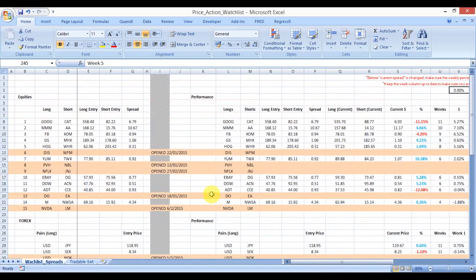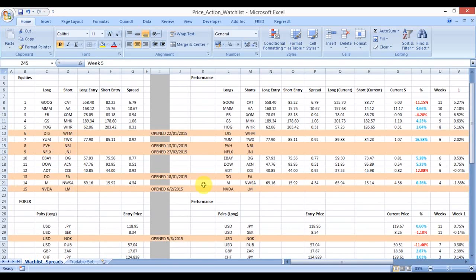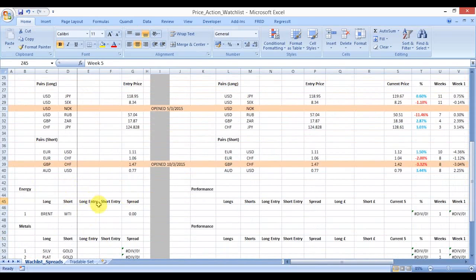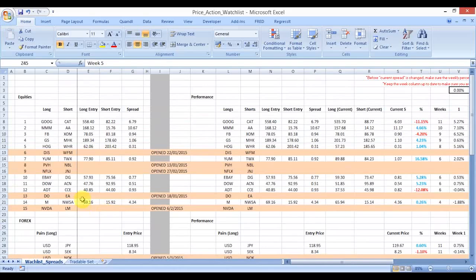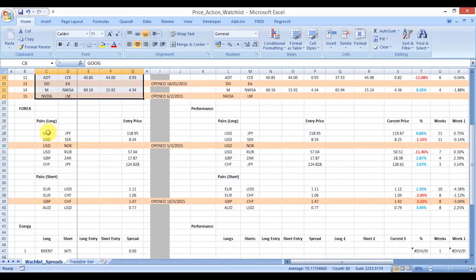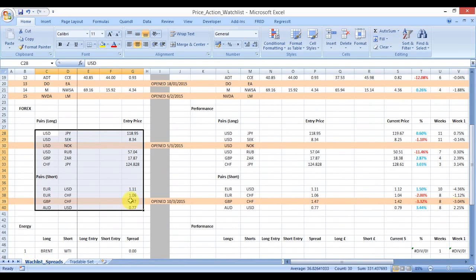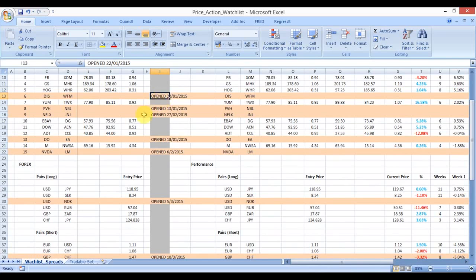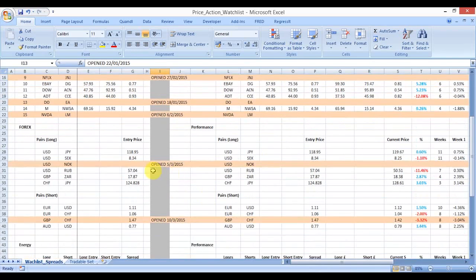So the first thing to understand here is that we create a watch list in order to service our target gross exposure. So in this example, as we've already seen, we've got some equity spread positions and some currency ideas, and there's space for some commodities and other asset classes as well at the bottom of the sheet. So we've got roughly 15 equity spread ideas in the watch list and around 10 currency pair ideas as well. Now 7 of those have actually been opened and put into a live portfolio. So they've been taken off the watch list, they're no longer recorded, the details for those, and they've been put